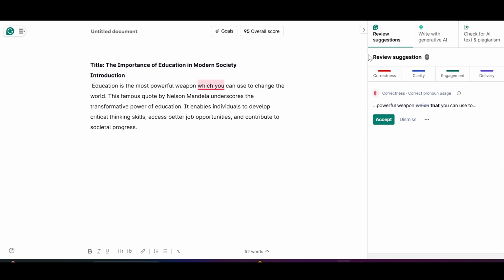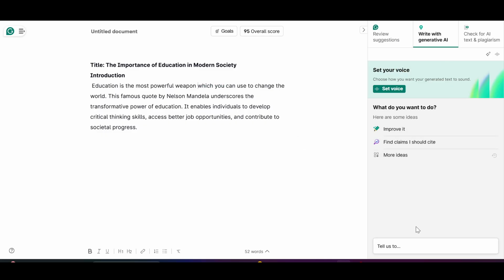This also reviews and suggests me what is my mistake and how much clarity, correctness, engagement, and the delivery of words. Now, if I want to write the content from AI, I can just simply click on Write with Generative AI, and then here I'll give it a command to write content for me, and it will write me some content